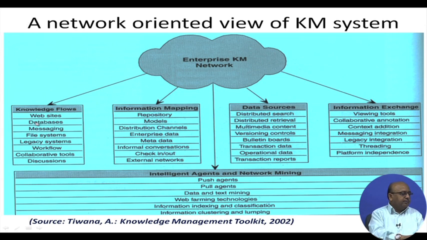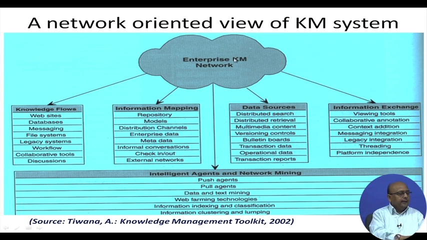Websites are the communication carriers, the databases are the repositories, messages are the context through which it is sent, then you have file systems, like how the system is organized, and how the system is integrated with other systems, that is what we know as legacy systems, like how your ERP system is integrated with your existing accounting system, right. Then the workflows, okay, and